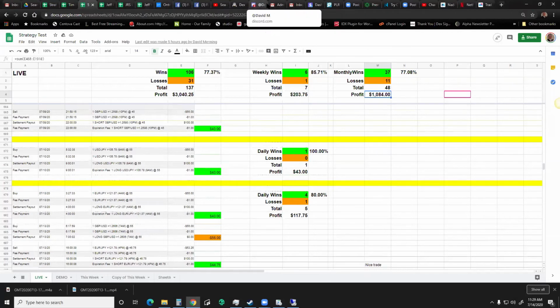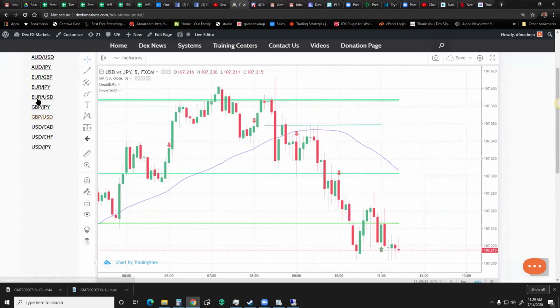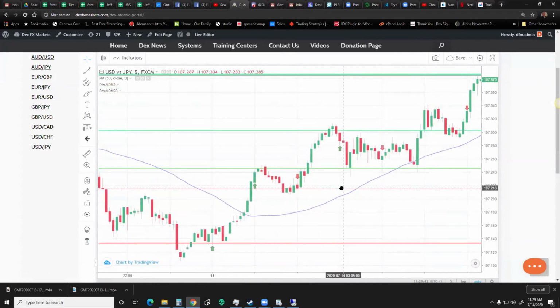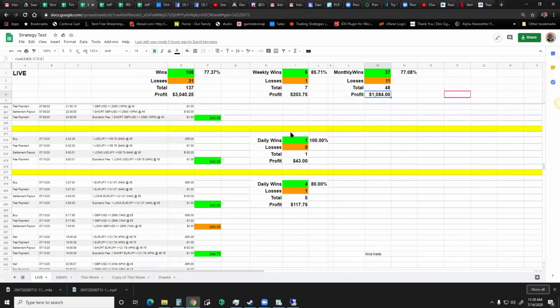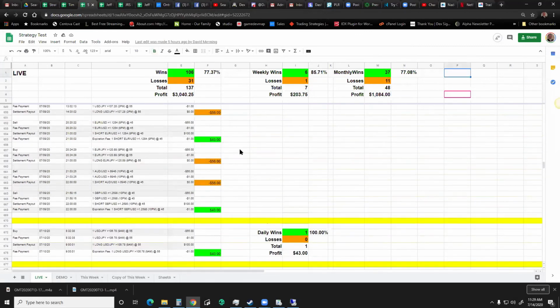All right, let's jump back over and finish out this little market read. The USD JPY, they all act different. All pairs act differently with the process. Find the pair that you like the most. I mean, seriously, I don't know if he does it on this one. No, he doesn't do it on this one.